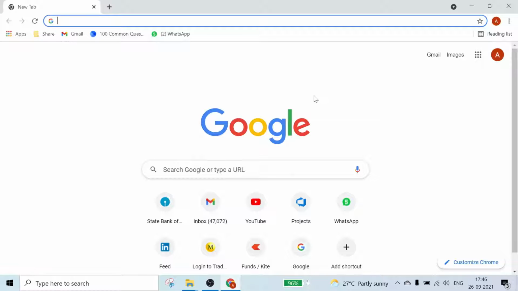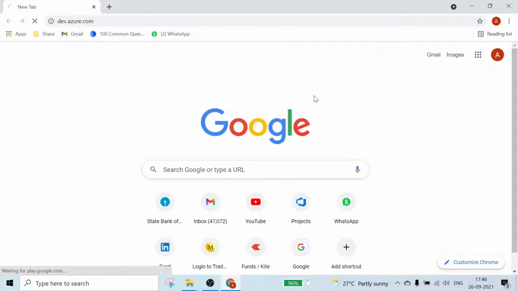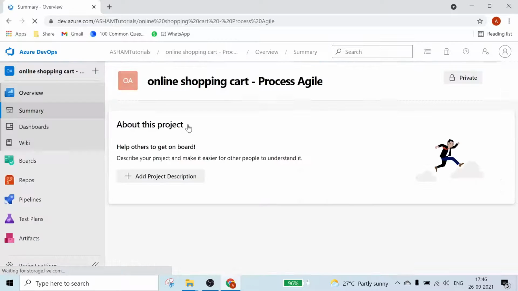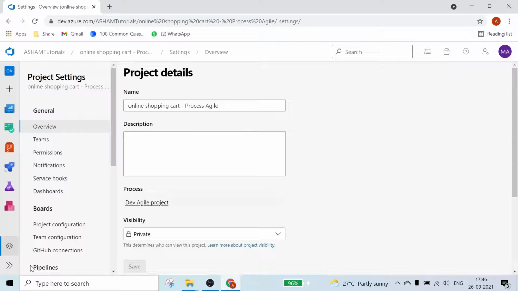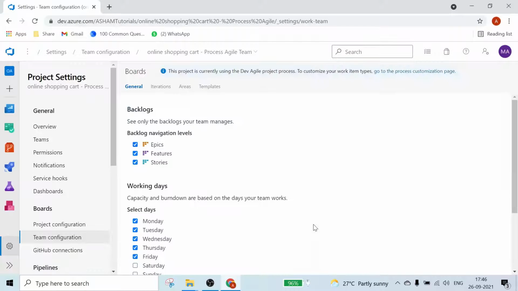Let's jump to the Azure DevOps portal. Type dev.azure.com. As I am giving all the examples from the online shopping cart, for area also, I am going to select online shopping cart and then select project settings. I am going to show you how to create an area, and then select the team configuration and then select the area,